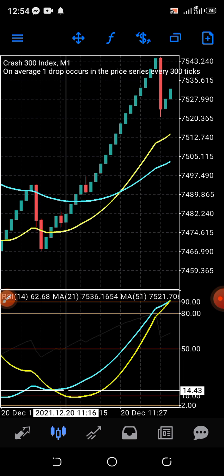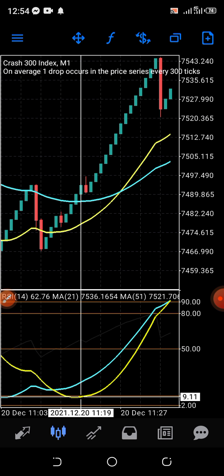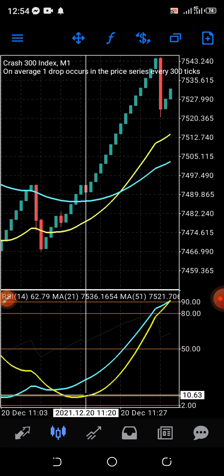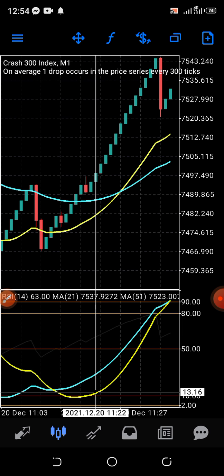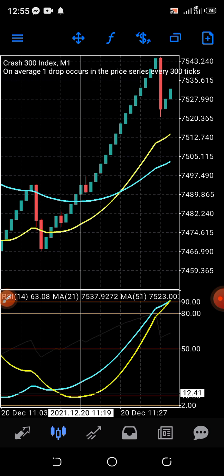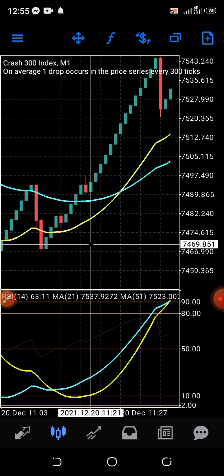Once there is a crossing here, watch, it will step down to this place. Once this thing steps down to below the 10 levels, and the blue line is upward like this,